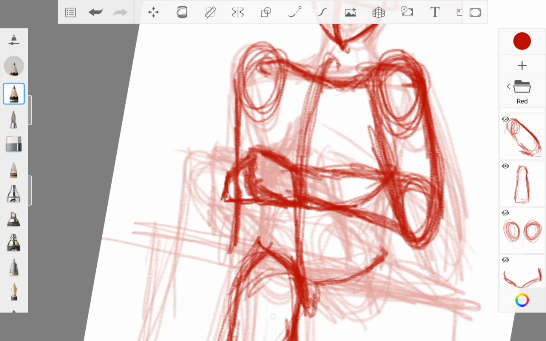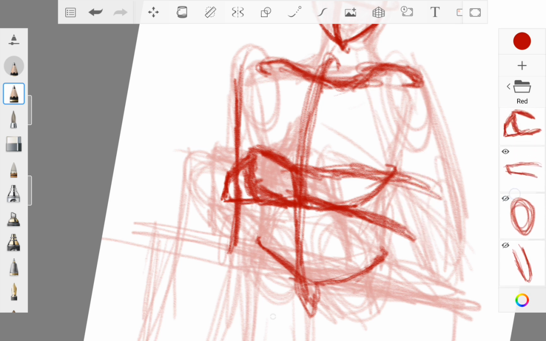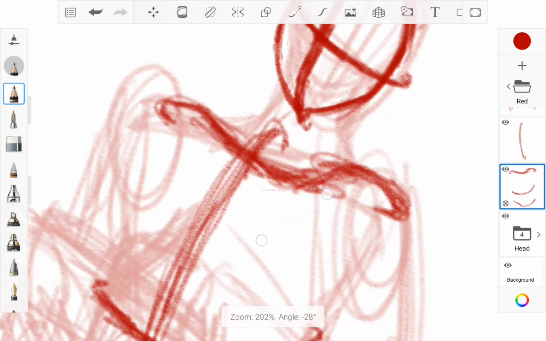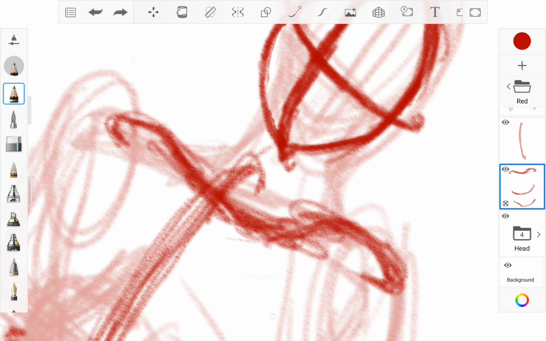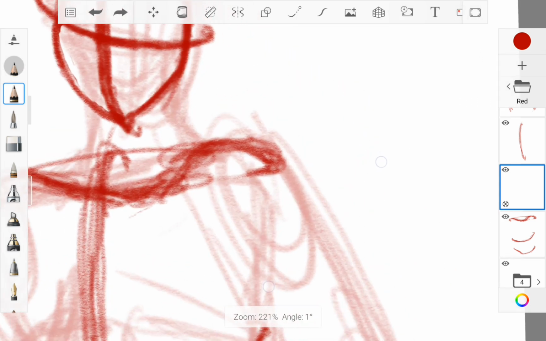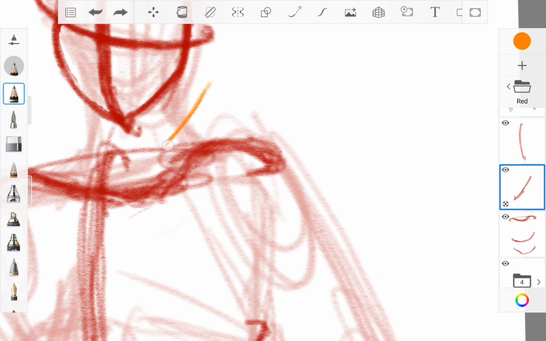Hide everything else. As I was saying, I use a lot of layers. And I'm just gonna hide everything for now. Alright, so I'm gonna explain what this garbage is. So this line right here, let me use a different color, actually. I'm going to use orange. Okay, so this line right here is basically, low-key, the back of your shoulders